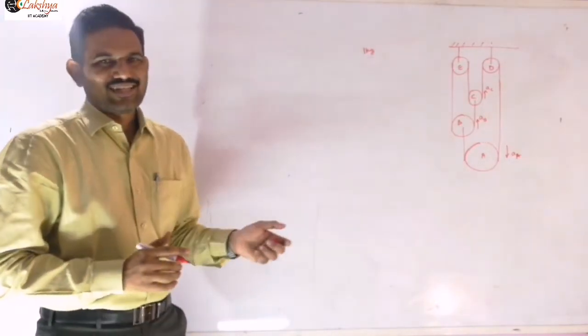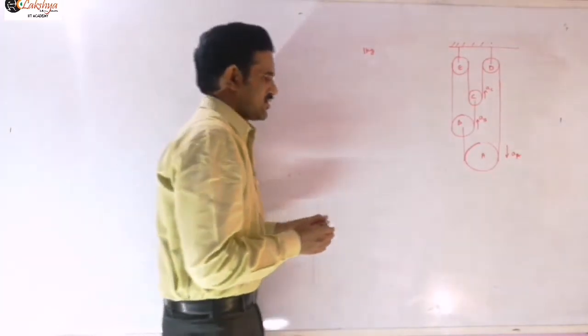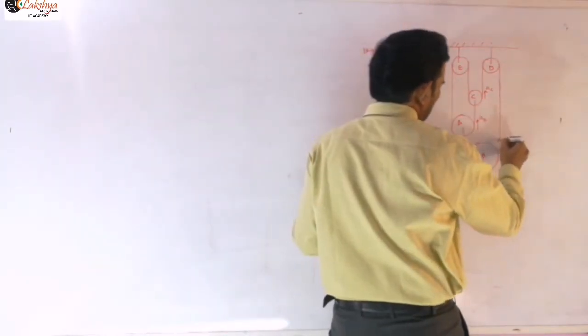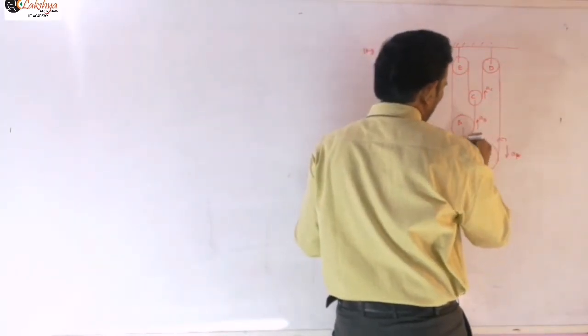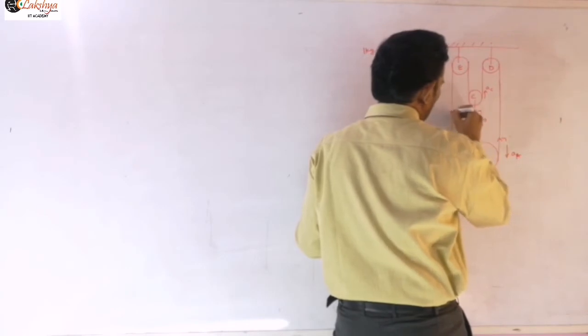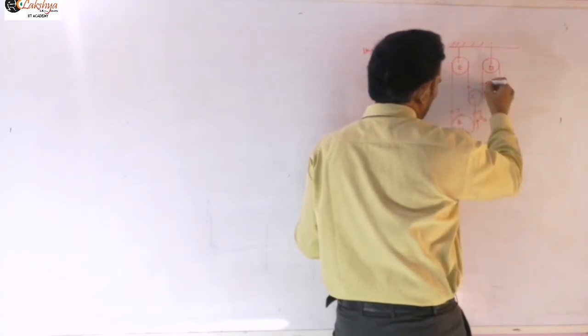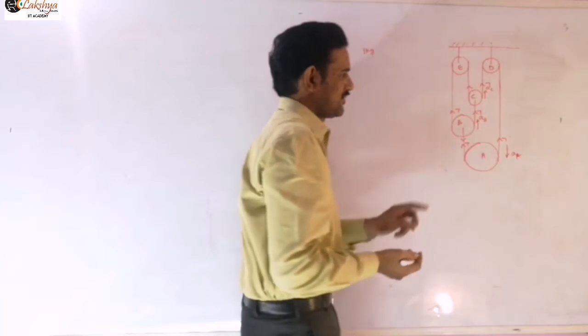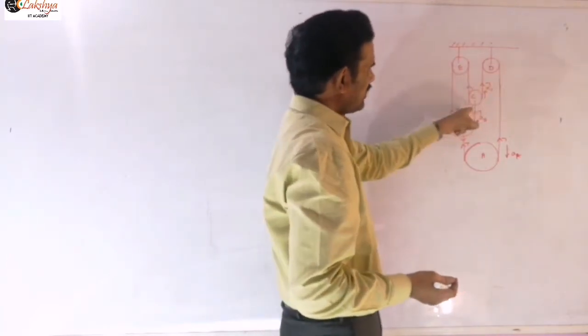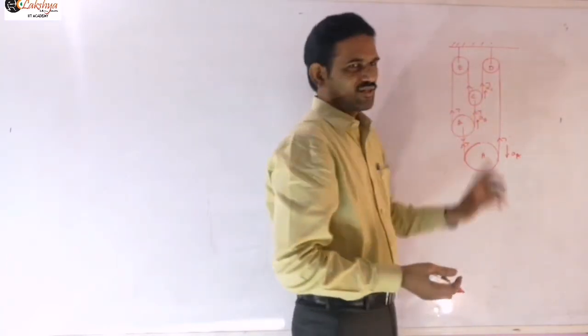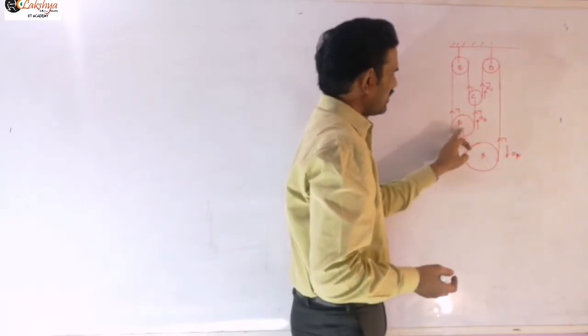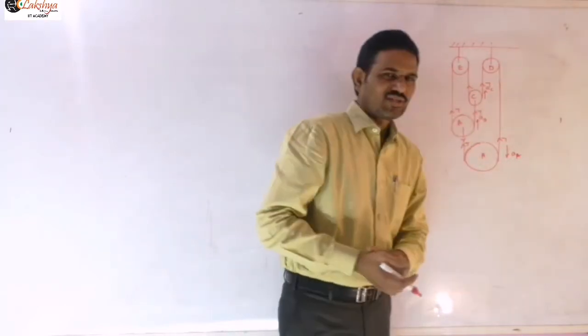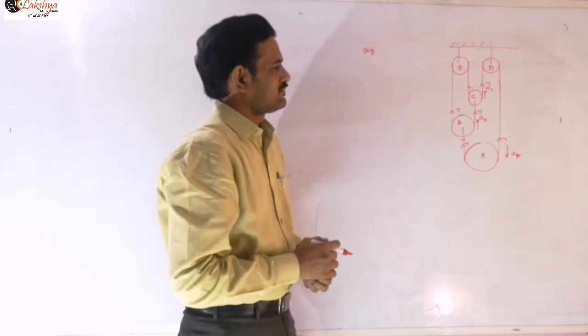If you are using the tension equations, then here T and here T, and then here also T. You can observe that the total string is a single string only. It starts from here, passes like this, and is finally connected here. One end is connected to B and the other end is connected to C. So that is totally a single string only.